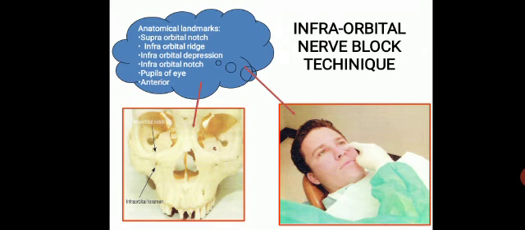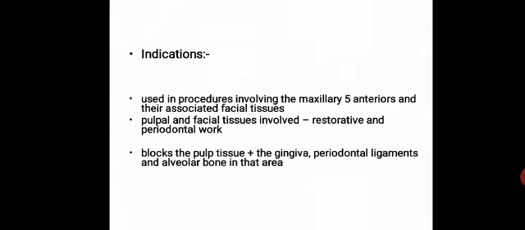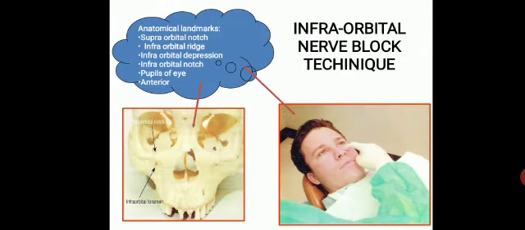Needle pathway during injection. There are two approaches. First one is the bicuspid approach and the second one is the central incisor approach. In bicuspid approach, it passes through the mucosa and the areolar tissue, and during injection it should pass beneath and lateral to the external maxillary artery and anterior facial vein.